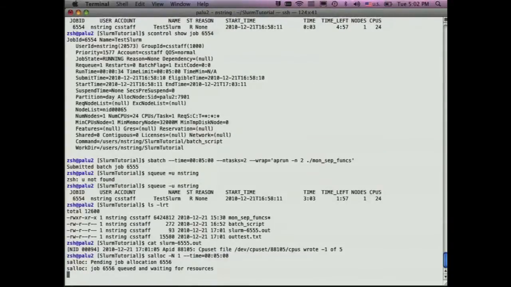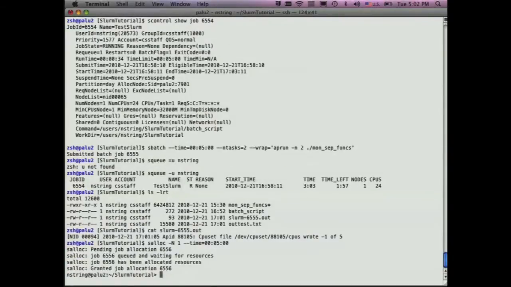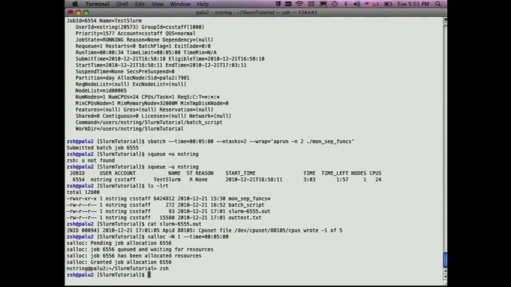So if they don't show up immediately, you may wish to cancel this and come back at a later time. Now, Palu has been designated as a development machine, and therefore most of the time during working hours, during work days, i.e. Monday to Friday, there should be some CPUs available for you to use quite easily just with salloc. So I'm now into my allocation, and if I look at those jobs running,